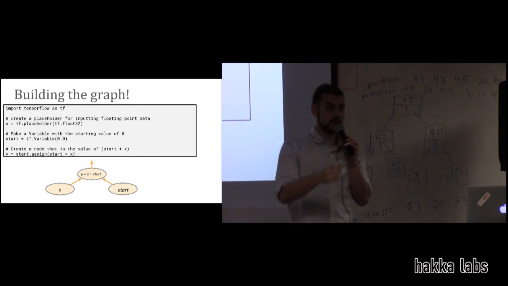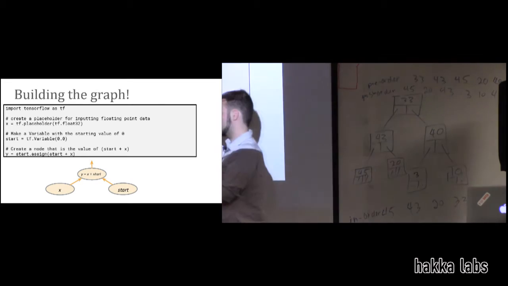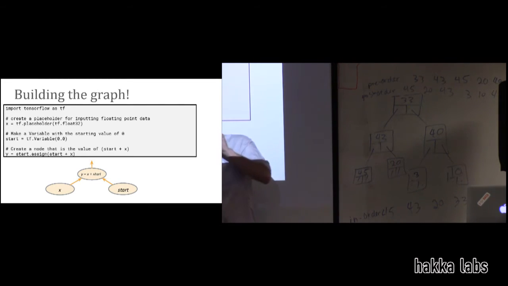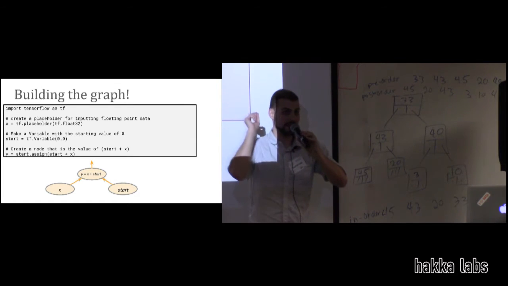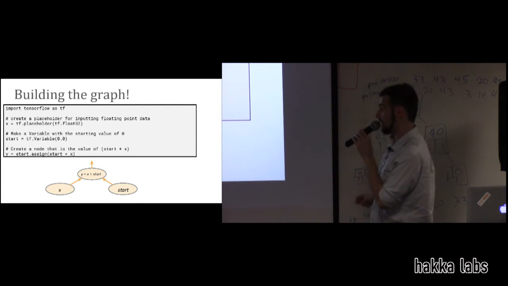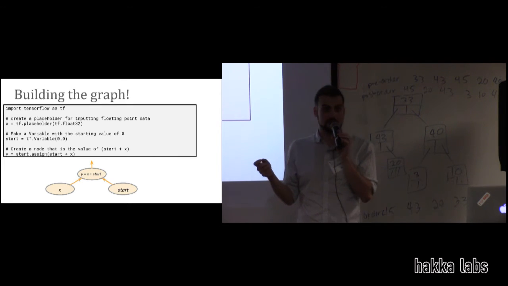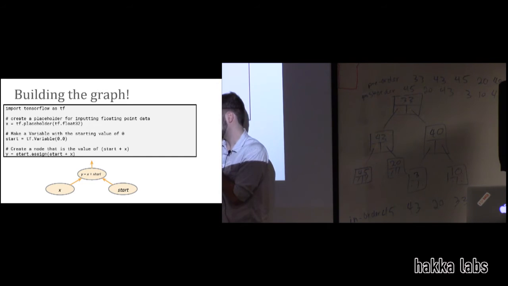Cool. Does assign update the value of start? Yes. So assign doesn't increment it or do something else. It gives it the exact value that you want, right? So if you wanted to increment it by 1, you would say start plus 1, if that makes sense, right? What this operation does is it increments start, right? So we want to give a new value to start. We want that new value to be start plus some value.